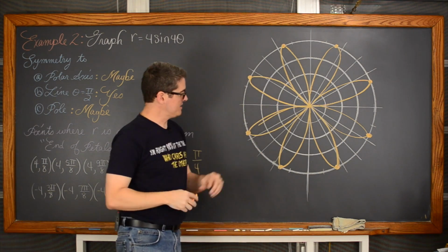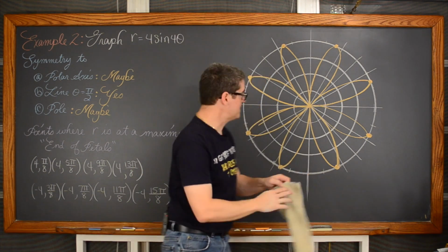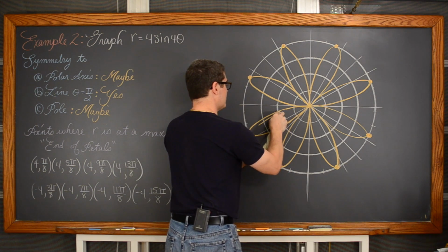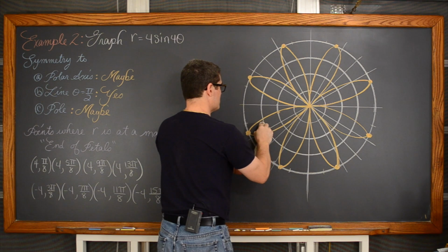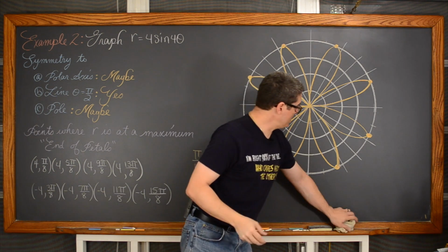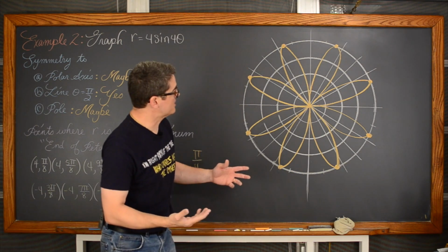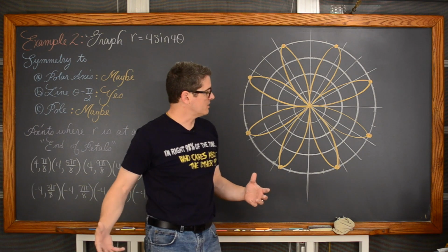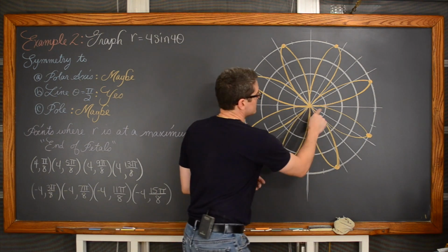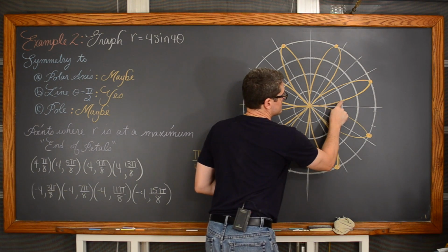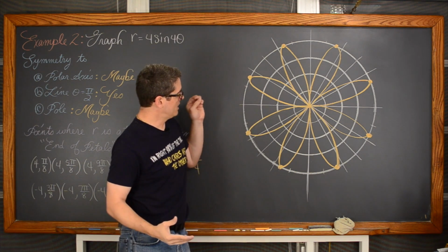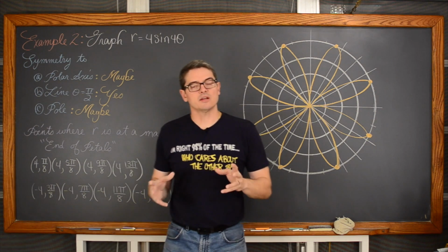Okay, and that is the best I can do to sketch an 8-petal rose with just identifying where the end of each of those petals are supposed to be. And, you know, that's a pretty darn good sketch. I don't think you really need to make a list of a bazillion points to find out exactly if that point is supposed to be there, there, there. I know where the endpoints are. They all look pretty equal, and that is our sketch of an 8-petal rose.